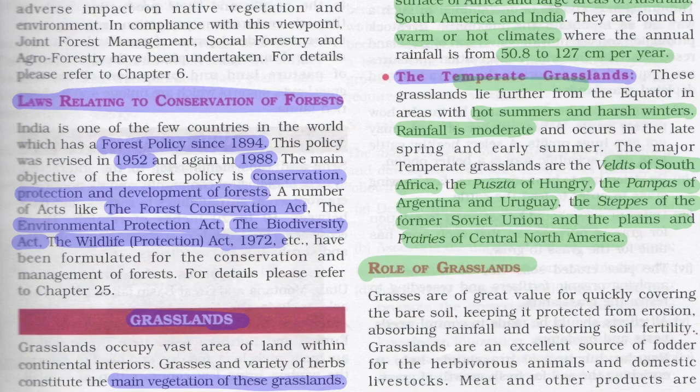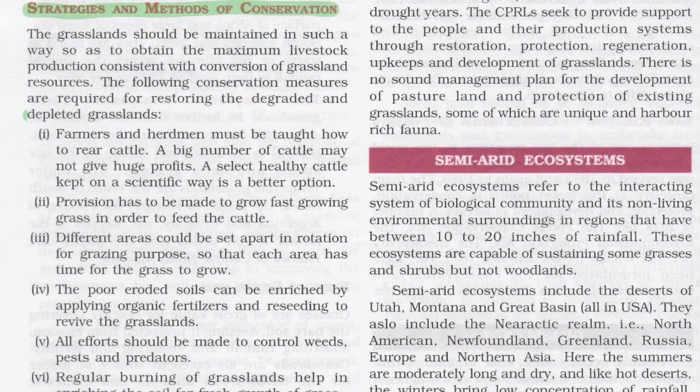Role of grasslands. Grasses have a great value for quickly covering the bare soil. Grasses protect the soil from erosion. They absorb the rainfall and restore the soil fertility. Grasslands are an excellent source of food for herbivore animals and domestic livestock. Strategies and methods of conservation of grasslands. A grassland should be maintained to obtain a maximum livestock and production consistent with the conservation of grassland resources. Here are some conservation measures that are required for restoring the